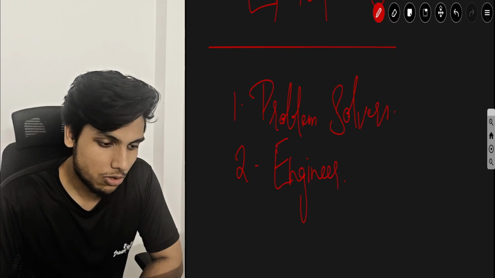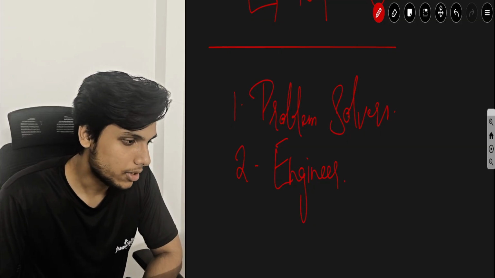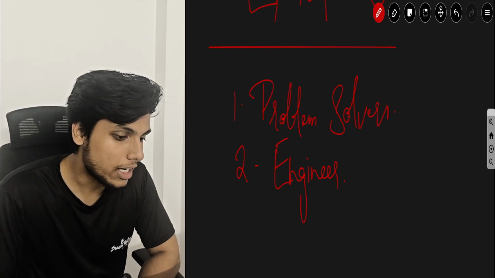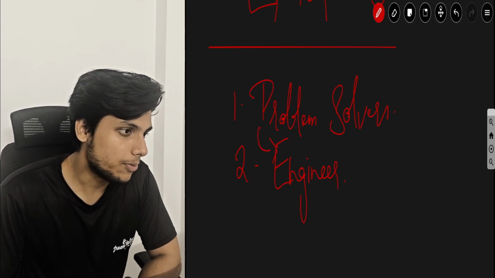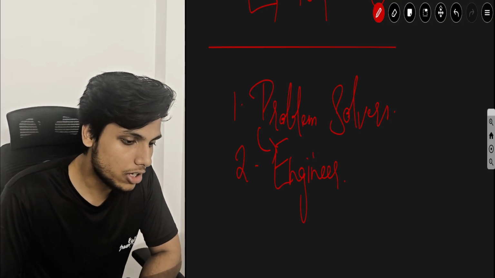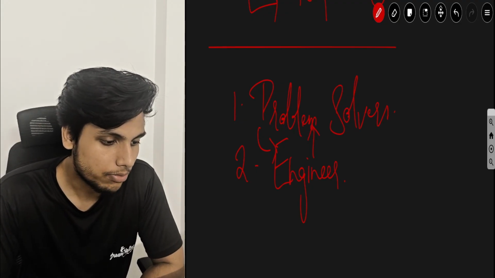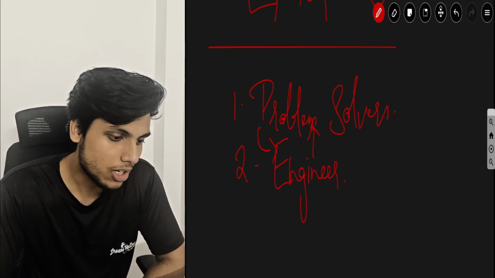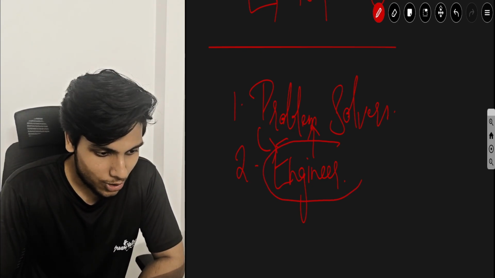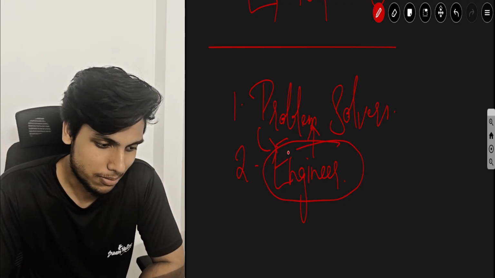So a problem solver just tries to know how to solve a particular problem, and they just solve the problem. And we do have a lot of problem solvers, but when it comes to a good engineer, what he mentioned is, a great engineer doesn't only focus on the problem solving, but he also knows each and every part of the system that he is solving. So that is the difference between a problem solver and a good engineer. And we are mostly focusing on these good engineers, and we will hire them. So that is the answer from him.